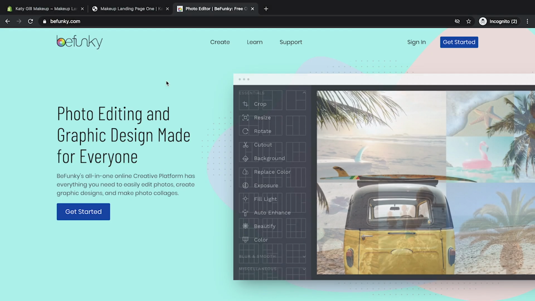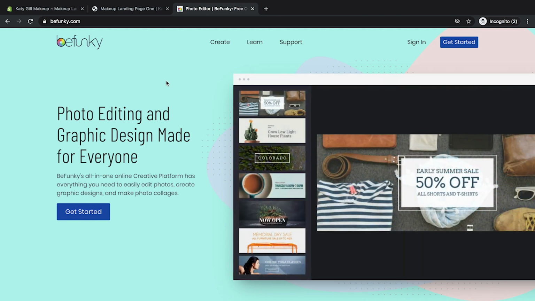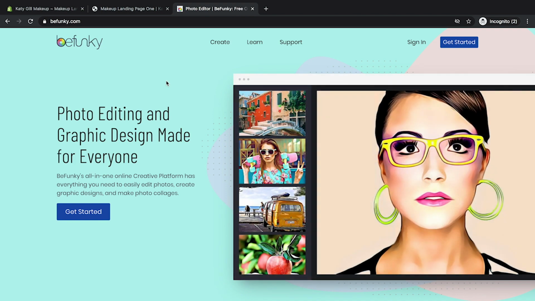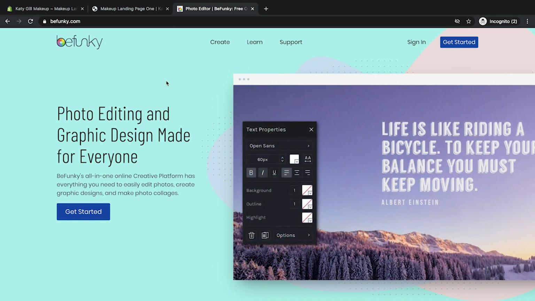We want to create something more interesting than a buy now link. We want to create a buy now image, or what we also call a call to action. So from this point onwards, I'm going to call a big image that clicks to do something a call to action. So let's make a much more interesting call to action than a boring old link. So we're back at our friend BeFunky.